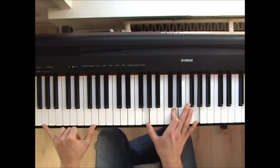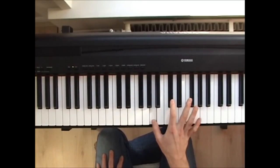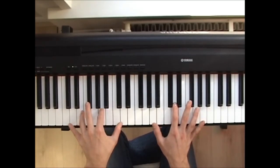Okay, this is where the left hand comes back up to the A. And your right hand is going to play A, C sharp, A. 2 times. Okay, so what we have right now is...